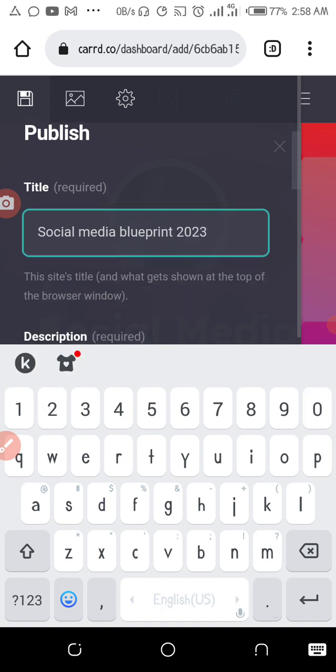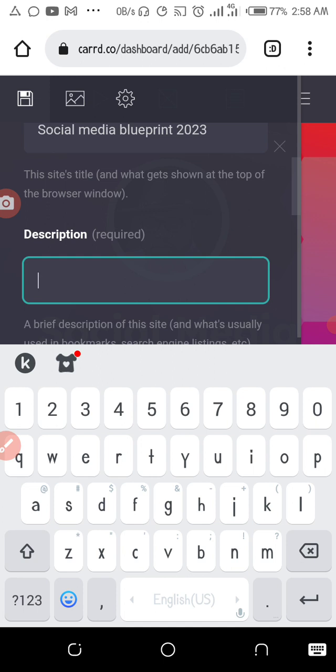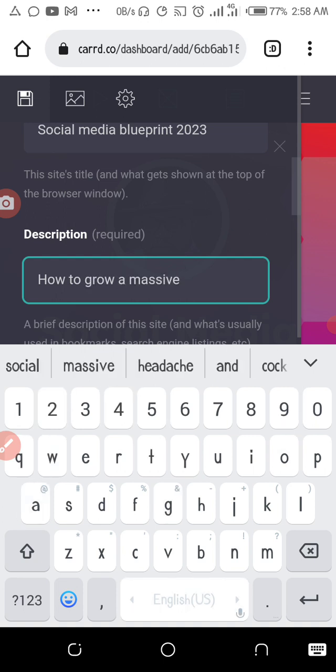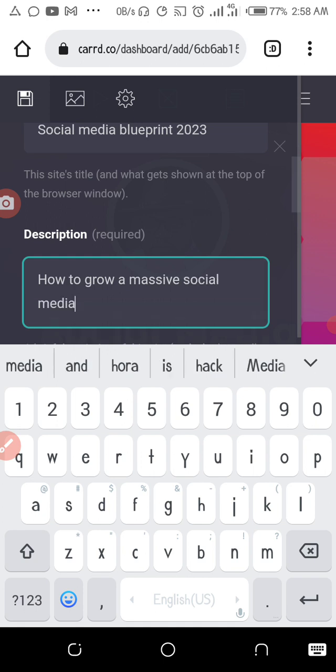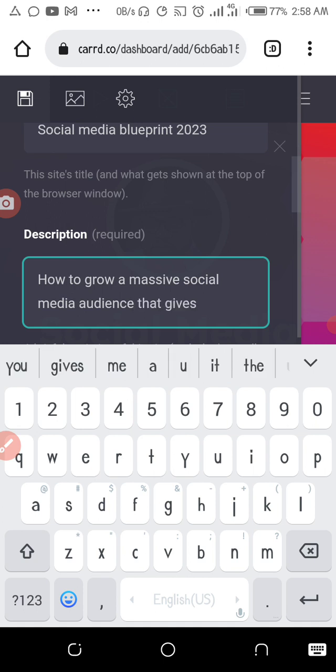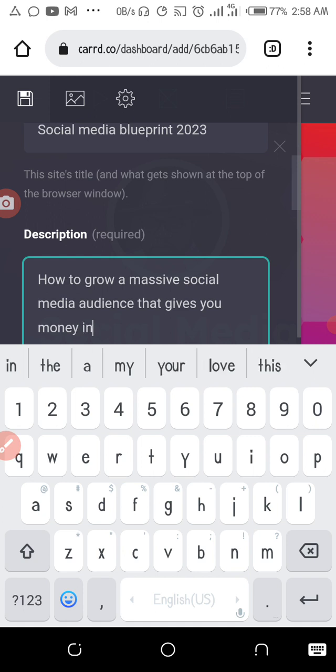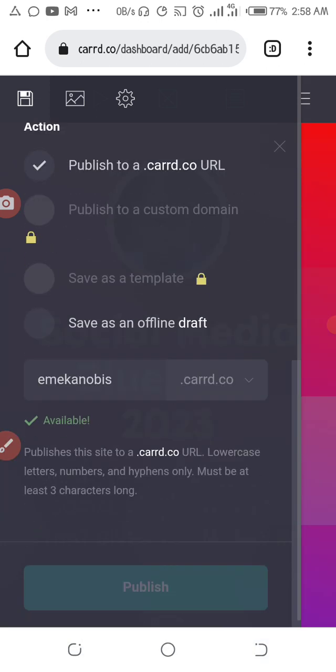2023. This description is usually necessary. How to grow a massive social media audience that gives you money in 2023. So you go to